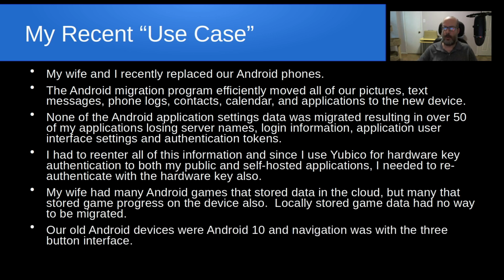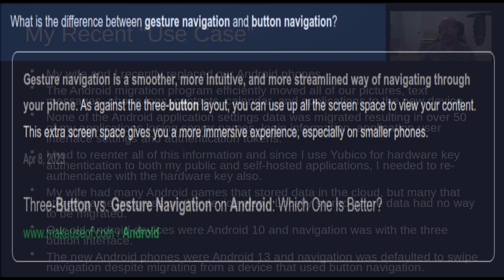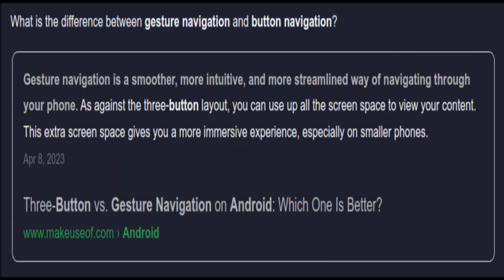So our old Android devices were Android 10, and navigation was performed with the 3-button interface with the on-screen navigation methodology. And the new Android phones were Android 13, and navigation was defaulted to swipe navigation despite migrating from a device that used button navigation. And yes, we eventually located the option where you could change from swipe navigation or gesture navigation back to the